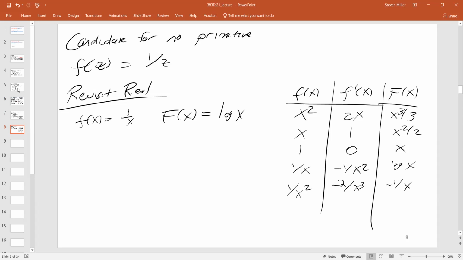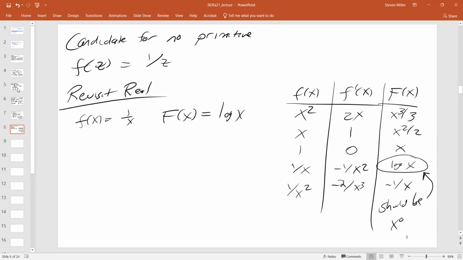Right? So look at what we have. We have x cubed, x squared, x to the first. Should be x to the 0, then x to the negative 1. Something is going on in the table here. This is the source of all greatness in complex analysis. The fact that we have the logarithm coming here, and there's going to be some interesting stuff happening with a logarithmic function. This is the source for our functions that don't have primitives. So things are going a little bit off when we're looking at the function 1 over x and log of x. So that here is the source of what's going to happen.